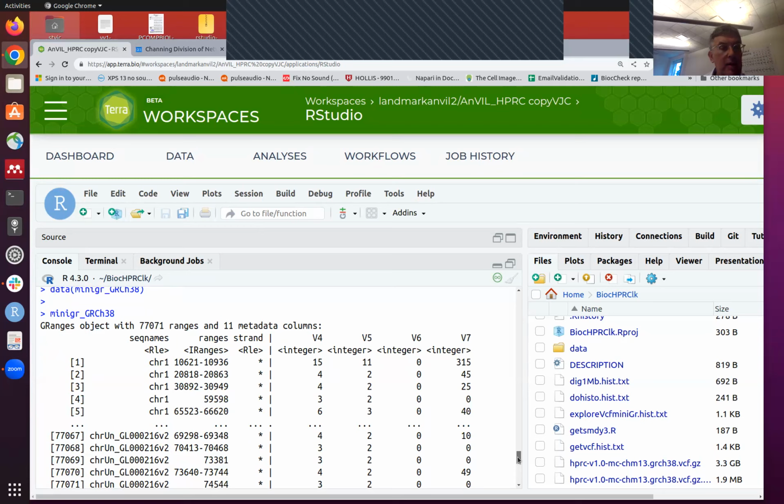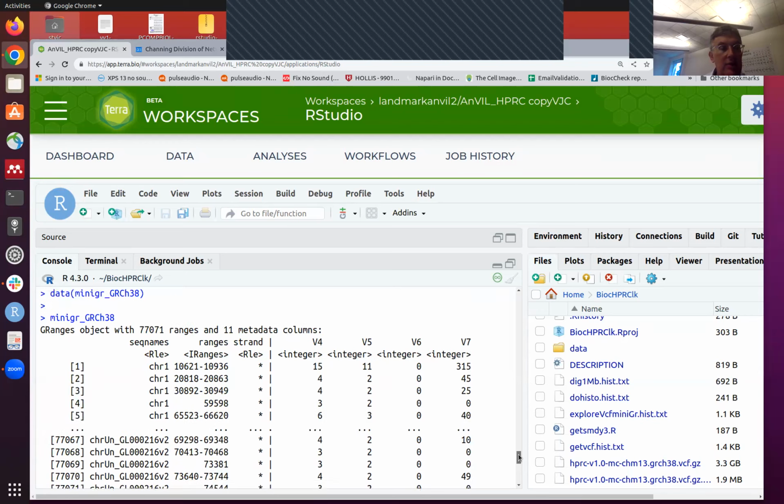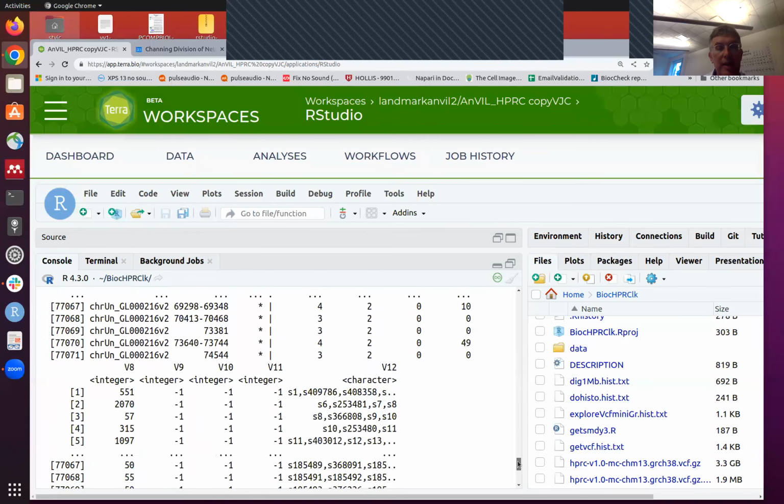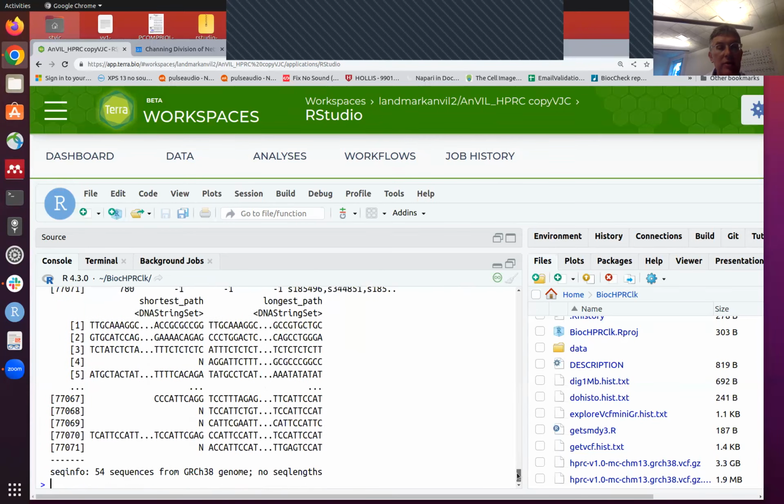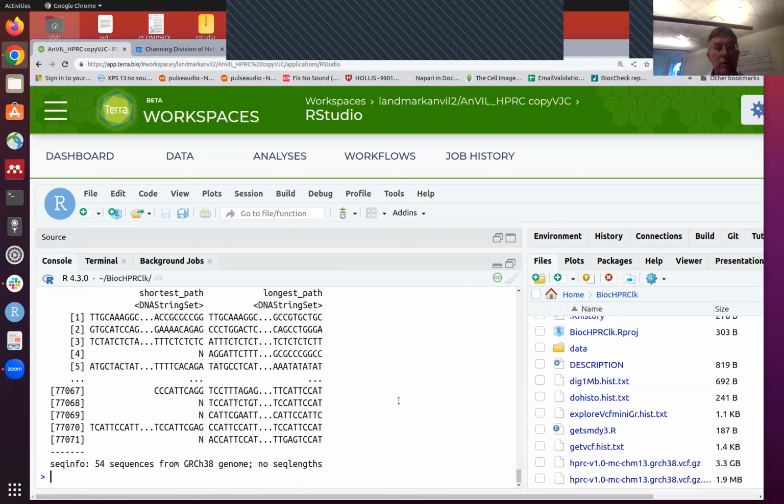This is what we made. This is a lossless representation of the bed file for the GRCh38 mapped minigraph for the HPRC version 1. And it's a GRanges with some metadata. I thought it'd be interesting to look at the representation of these longest paths through these bubbles that represent the complex variants. And if you just say here, longest path,